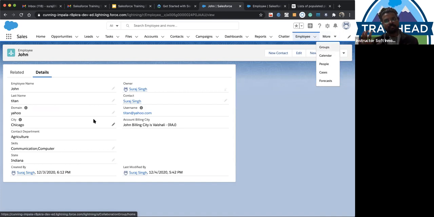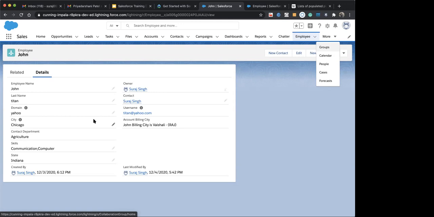It means that whenever we have a common pick list that we want to make available to all the different objects, we choose the global pick list option. Okay, next topic.